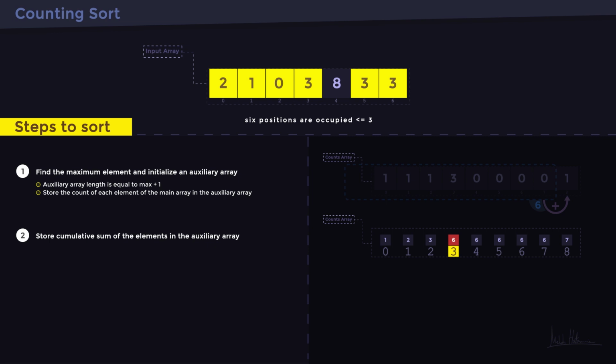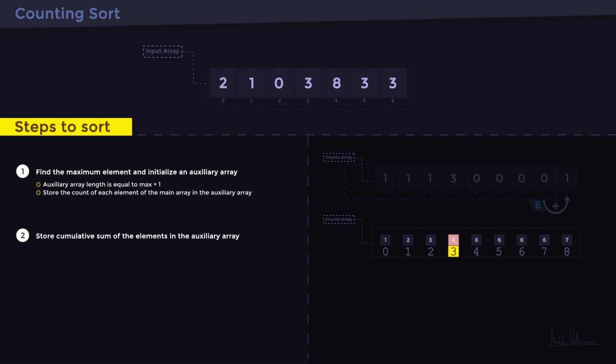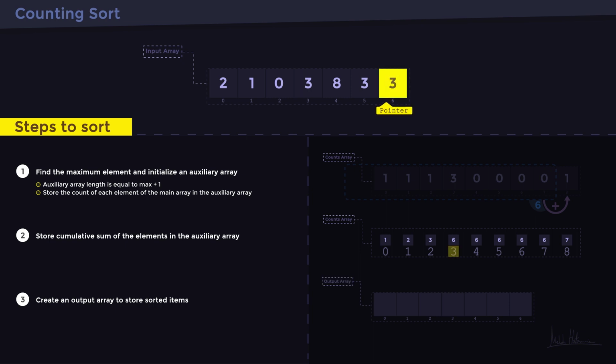Now let's jump to the counting sort steps, and in the last step we create an output array for accommodating sorted elements. Then set a pointer starting from the rightmost element. 3 is the rightmost element. Then go to the counts array and point to index 3. At index 3, the value is 6. Simply put, the element having the value of 3 must be placed at index 5 of the output array, not